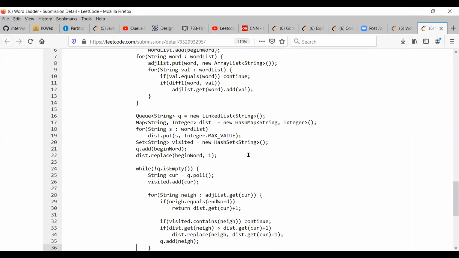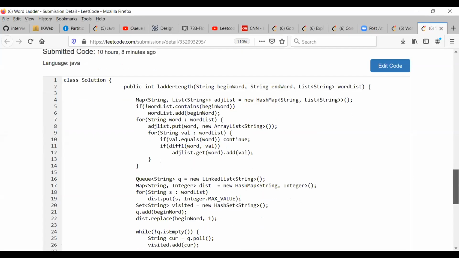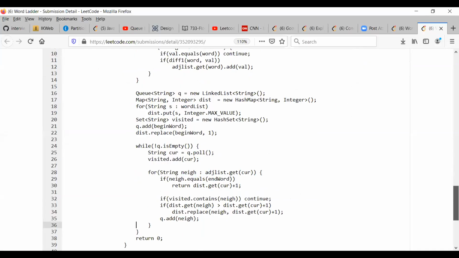No, why do we need to iterate the whole list again? Because we have to check the distance now. In that case, we already built that graph, right? We are actually building the whole adjacency list. What Praveen was saying is, you could have removed that. You could have started with that begin word itself, and whatever the next level is, you could have removed it from the word list. And whenever you are going to the next neighbor, you could compare only the unvisited words and try to form the next level.